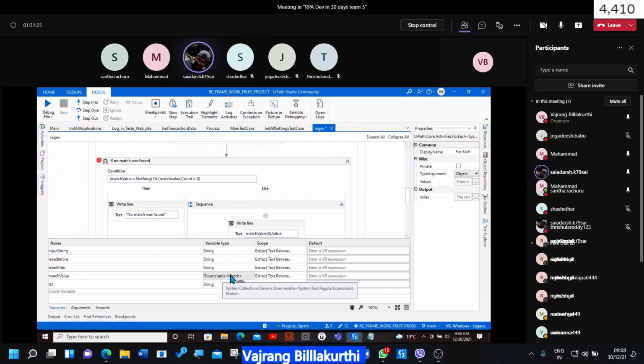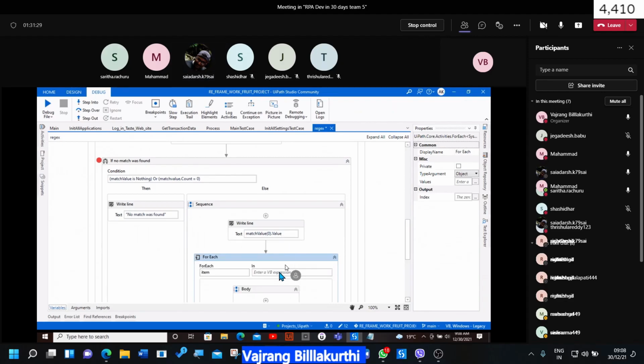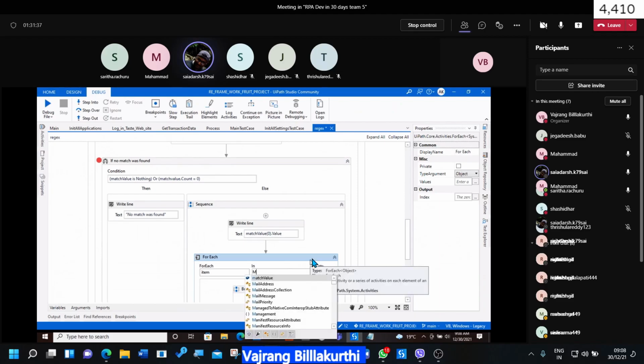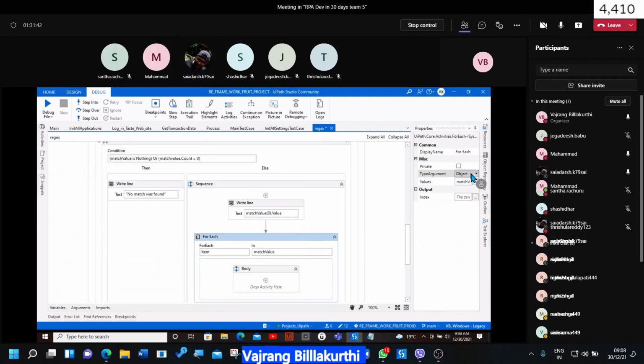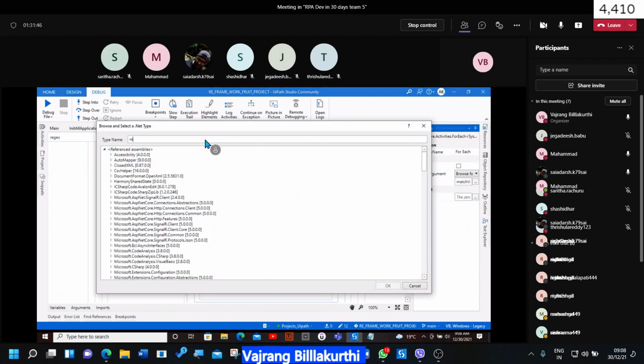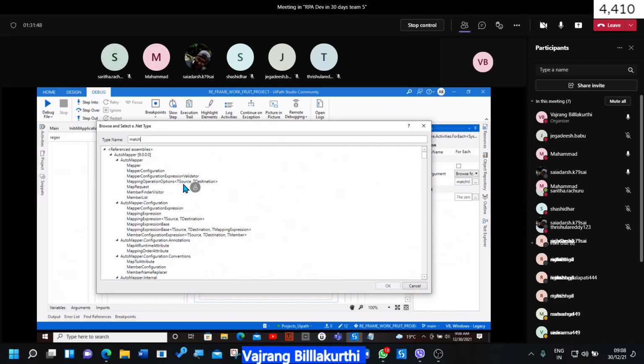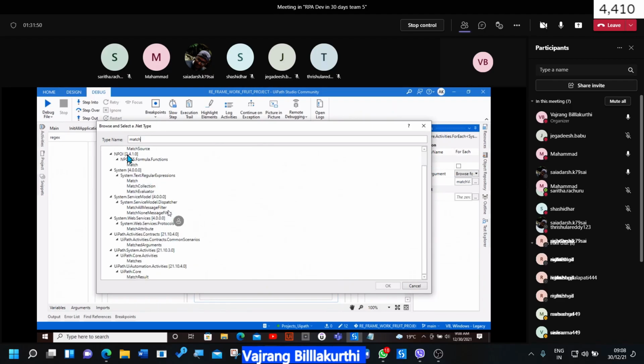See, single value will be the argument over here. This is match again. So this will be of type match value, but if you go ahead and see with the values, this will be match. String dot match is the type. There are multiple, but regular expressions match is what we need.